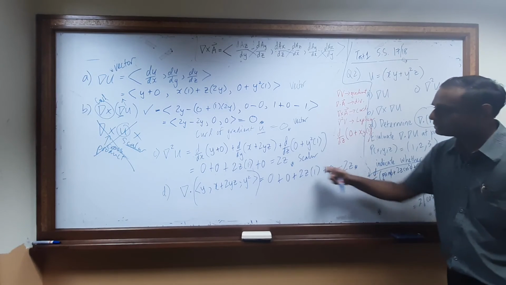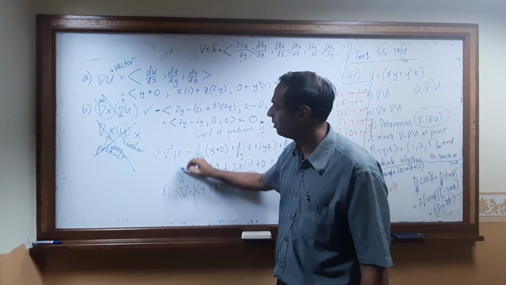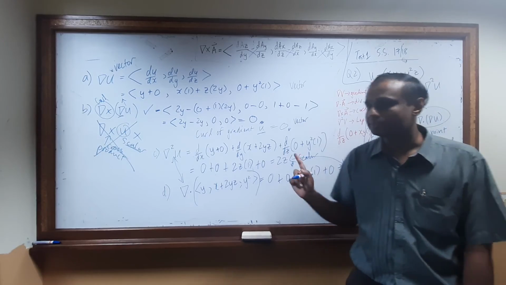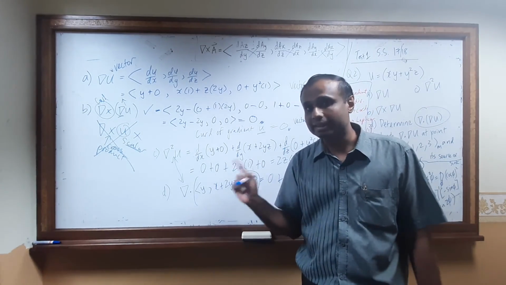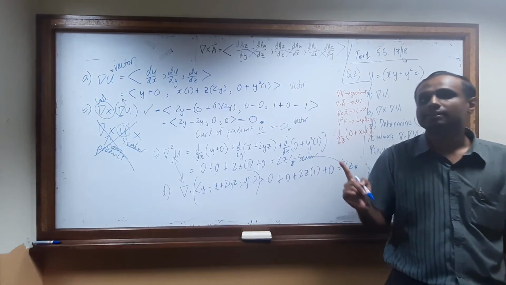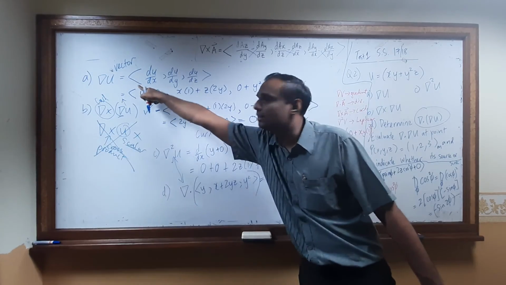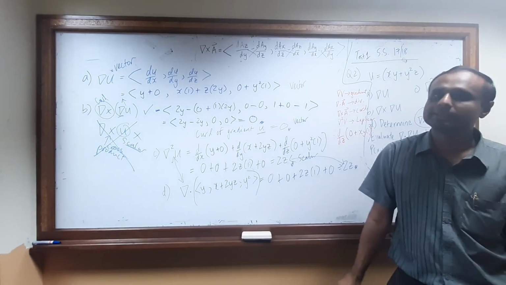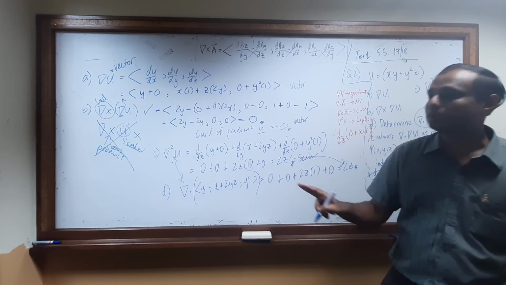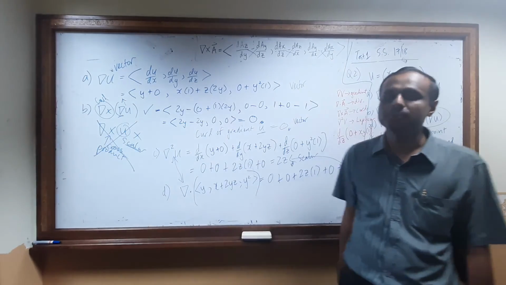So why is this answer the same as this answer? Because this is the definition of Laplacian. Remember in the previous class we talked about Laplacian. Laplacian of a scalar is the divergence of the gradient of the scalar. So it should get the same answer. They use these two operations to derive the Laplacian formula actually. The formula was derived through this